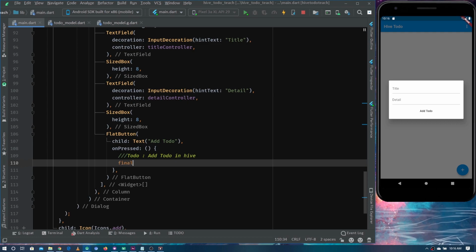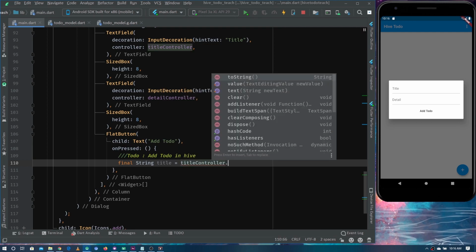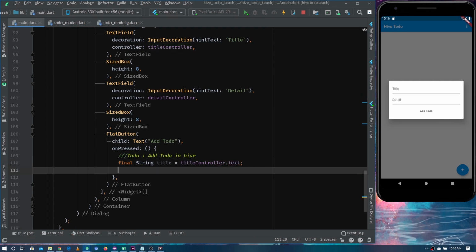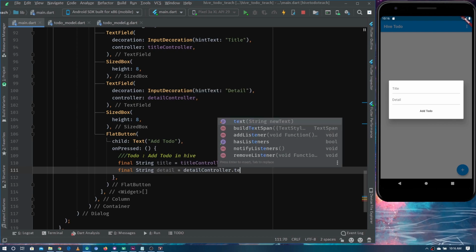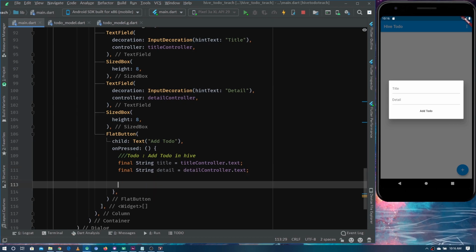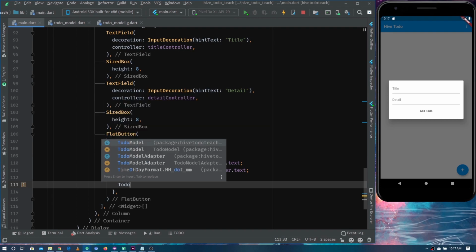So what I'm doing, I'm making a final string variable of title, and I'm getting the text from the text controller using textController.text, and same with the detail. I'm making again a string variable of final, and this is how you can get the values from the text editing controllers. And now we can make the to-do model object,